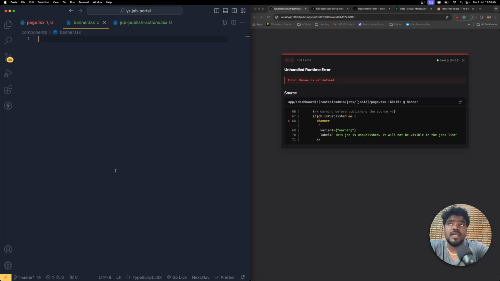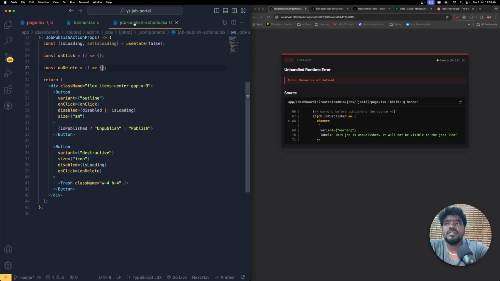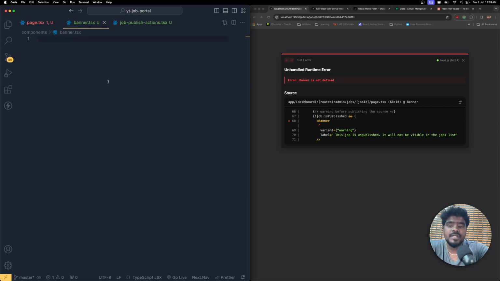Just like the way we use a button over here, for a button we do have the variant options. If you choose destructive, the UI styles are going to change. In the same way, I'm going to create two different variants over here. One is warning and another one is success. If I apply success, it's going to make some changes in the look and feel. In order to do that, what we need to do is,